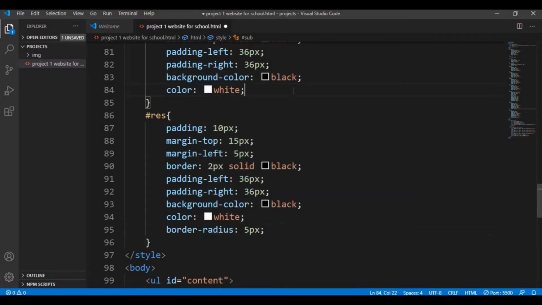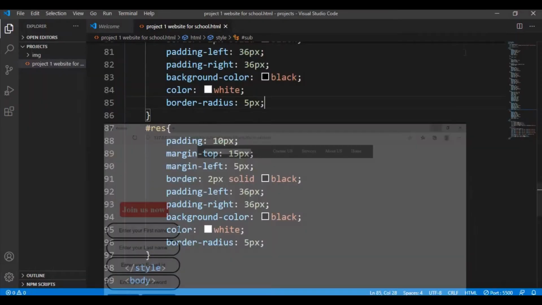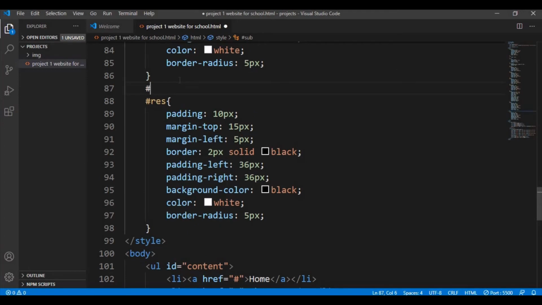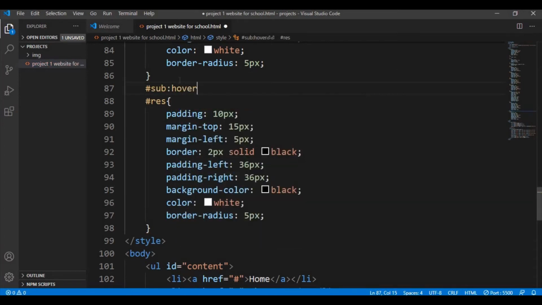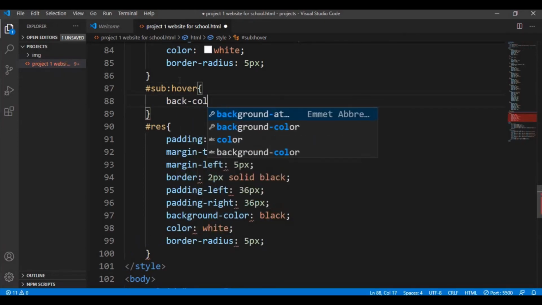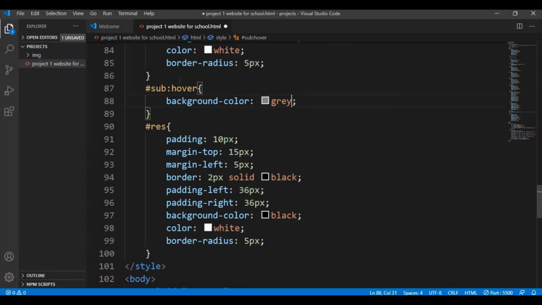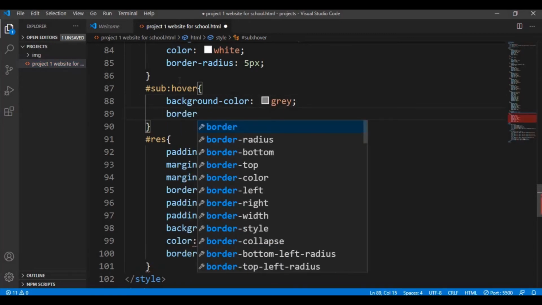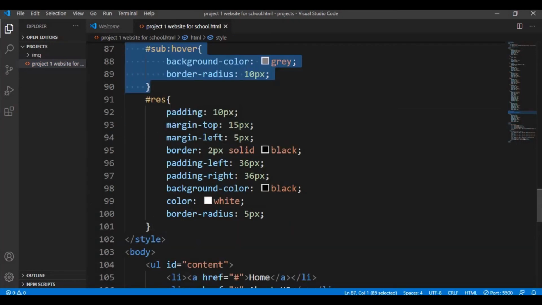And I'll copy it and I paste it here. Yeah, it's really nice. I'll make sub hover. I'll make back color gray, and border radius I'll make 10 pixel. I'll save it, I'll copy it, and I will paste in my